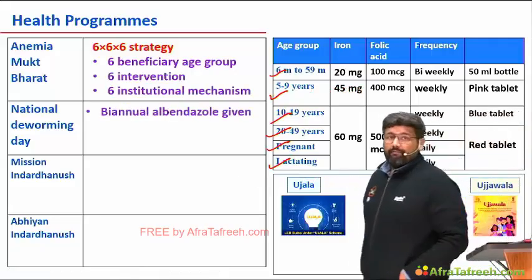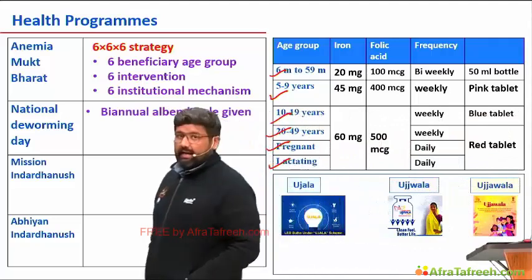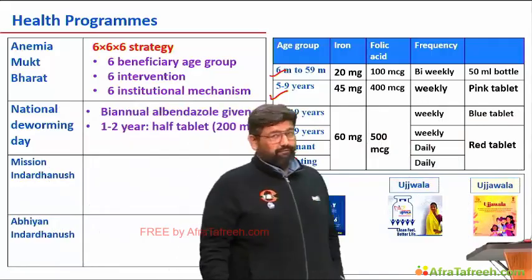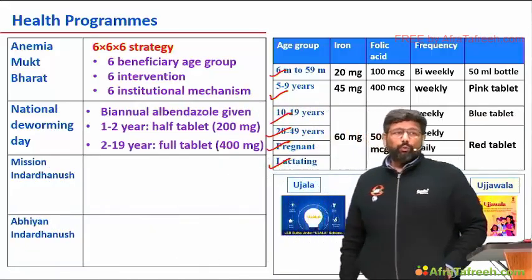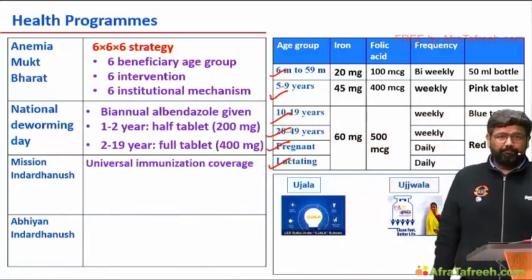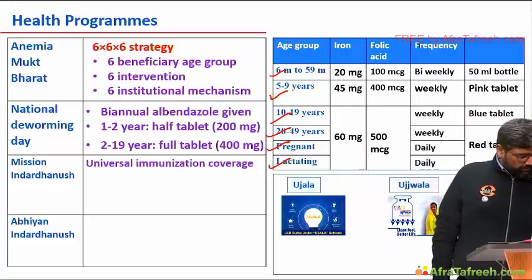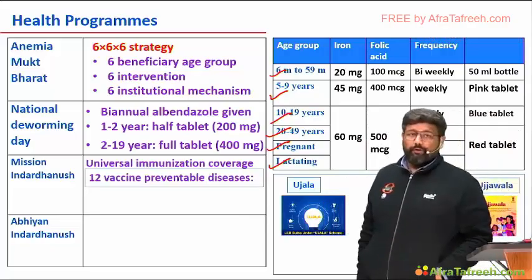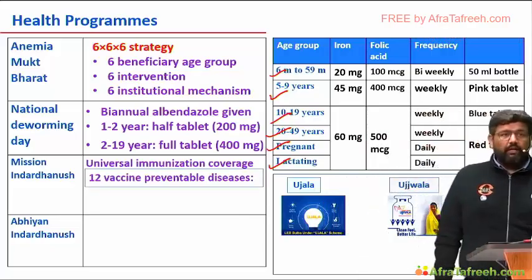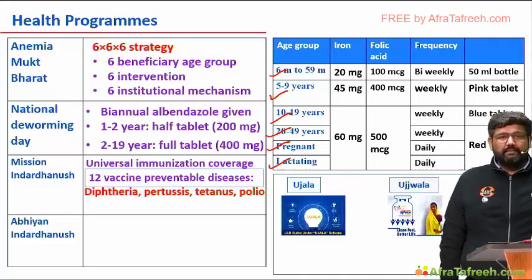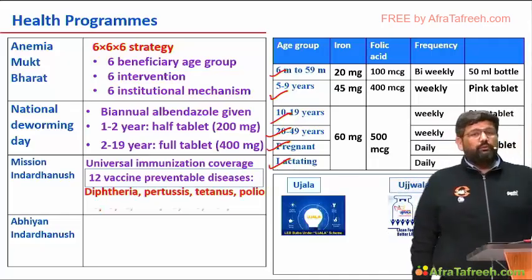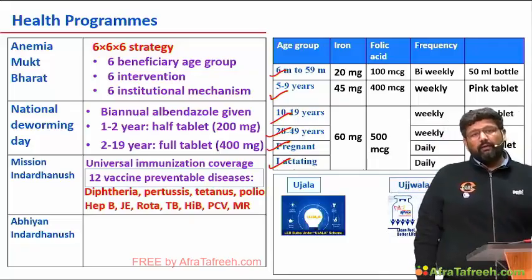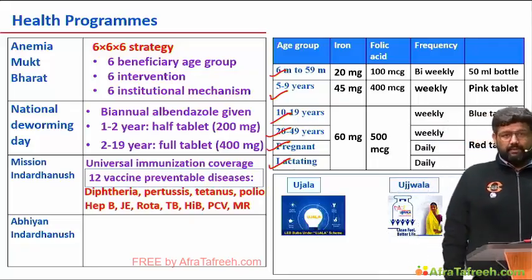Now we have National Deworming Day. Biannual albendazole is given. 1 to 2 years, half tablet, 200 mg. 2 to 19 years, 400 mg. Mission Indradhanush is for universal immunization coverage. 12 vaccine preventable diseases: diphtheria, pertussis, tetanus, polio, hepatitis B, JE, rota, TB, Haemophilus influenzae B, PCV